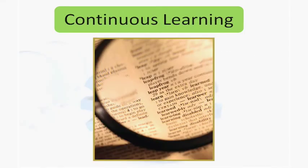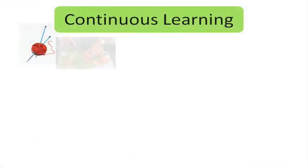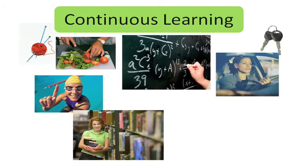The second last one is continuous learning. We all need to know how we learn, and that's a really important part of continuous learning. Knowing your own learning style, knowing how to access information, where to find out things like how to find a book in the library, how to Google something, all of that is part of continuous learning. And this category includes learning for hobbies like knitting and cooking, learning life skills that maybe could save your life like swimming, formal learning like in a library or at school. It includes practical learning like learning how to drive,